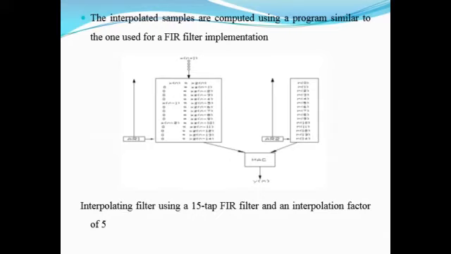So this is x of n, which is pointed by AR1. The samples are pointed by AR1, and h of 0 and the other filter coefficients are pointed by AR2. The MAC block, the multiply and accumulate unit, performs multiplication of the contents obtained from AR1 and AR2 and stores it in the accumulator. Then the contents of AR1 and AR2 are multiplied again, and the result stored in the accumulator is added with the product obtained from the MAC unit. So finally what we get is y of n.